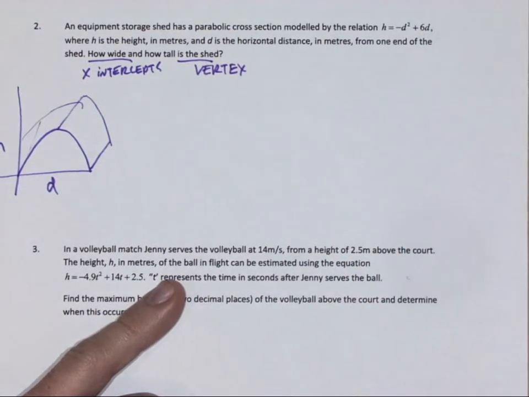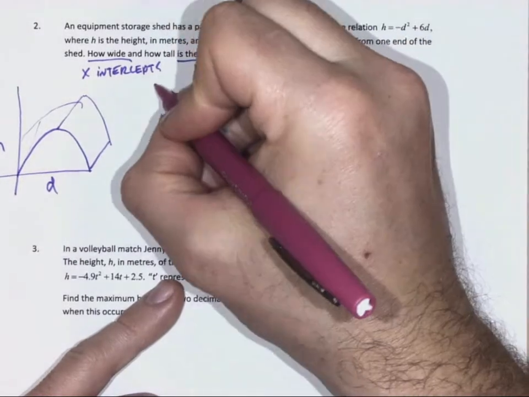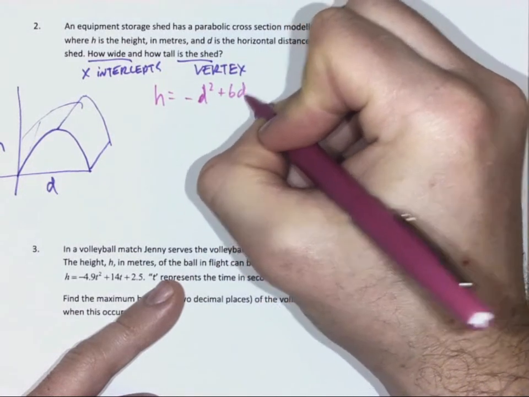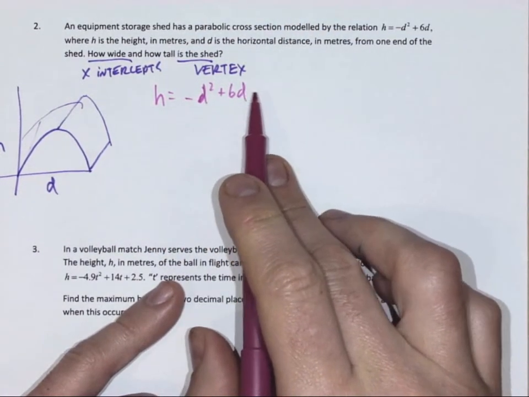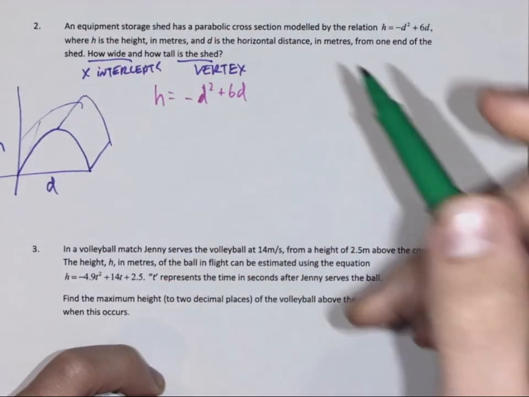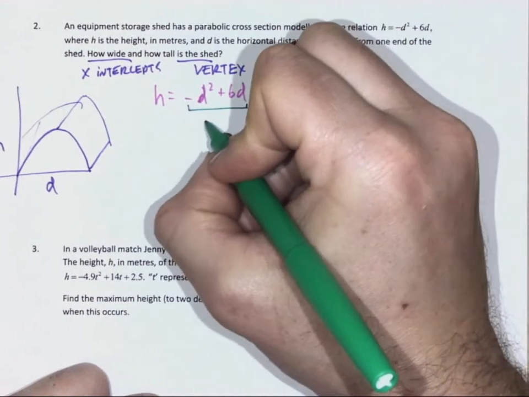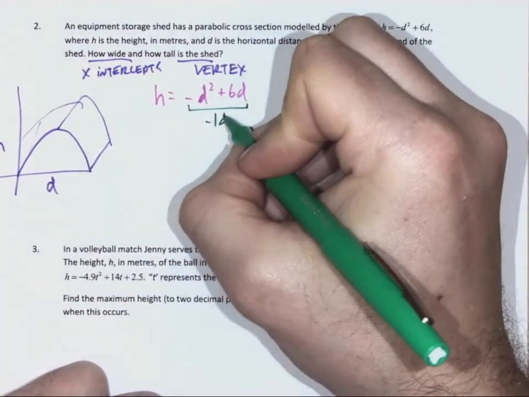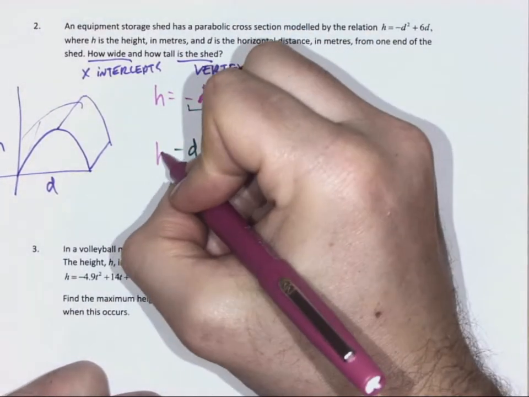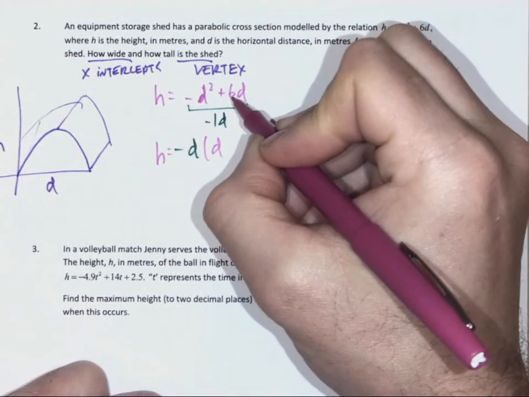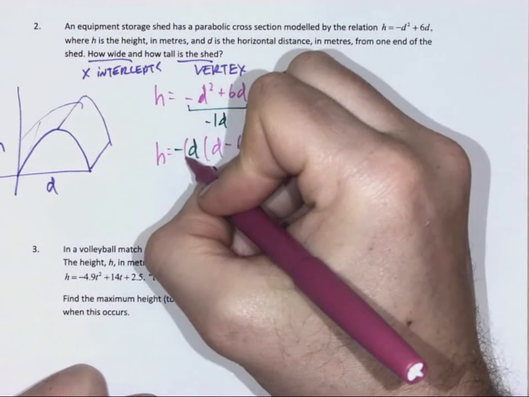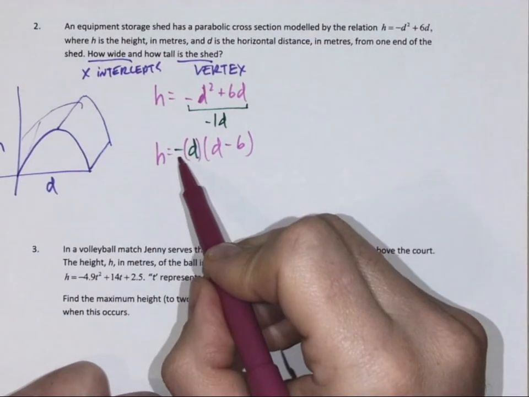Same idea. So I'm going to just rewrite this equation so I can see it. Now this is standard form, but there's no c value, 0. So the first thing I look for again is, can I find a common factor? That's a negative, so I can take out negative 1, and they each have d. So I can take out negative 1d or negative d. That leaves me with d, and 6 divided by negative 1, negative 6. If you think that this is the other factored form, so it's a negative 1 leading, and then d in the bracket,